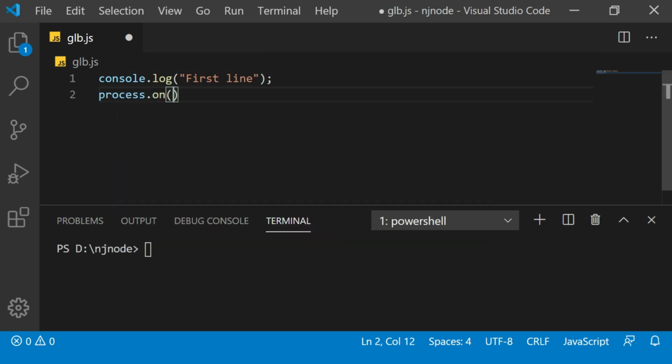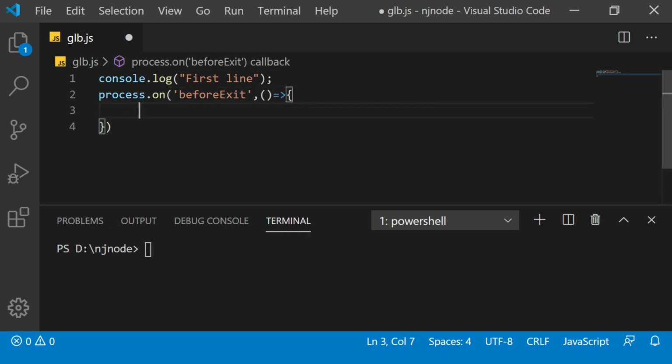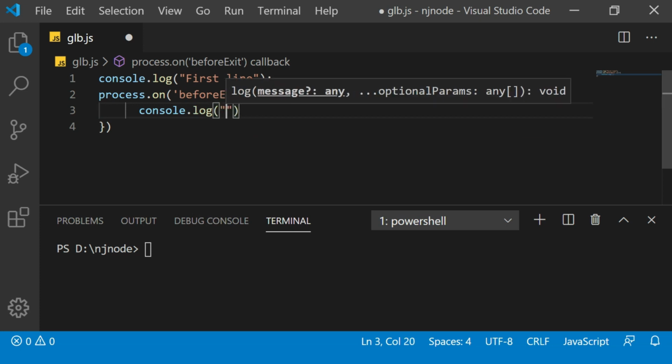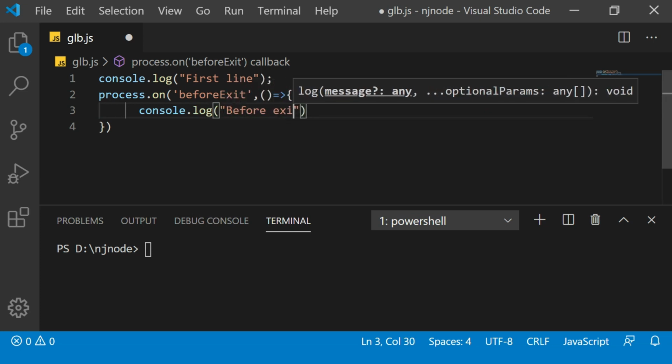Now this takes two parameters. First is what you want to do on a specific stage of a process. Let's say I want the stage called beforeExit, and what I want to do is execute a function. I'm just displaying a line that this line is before exit.